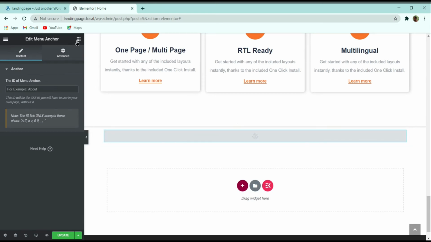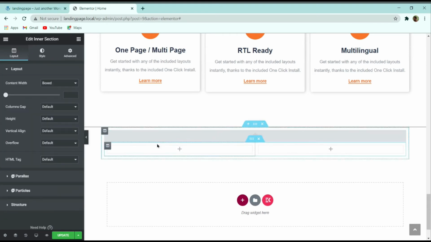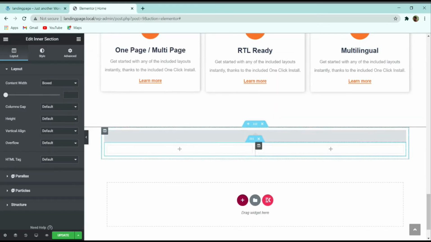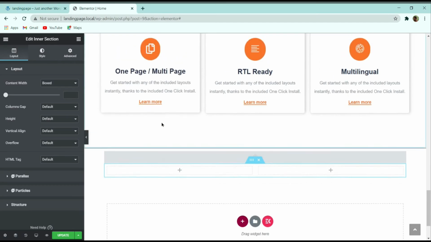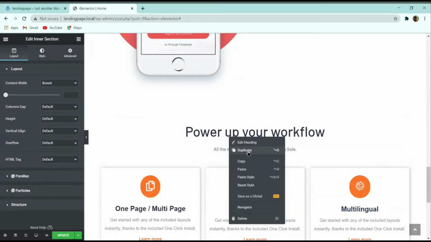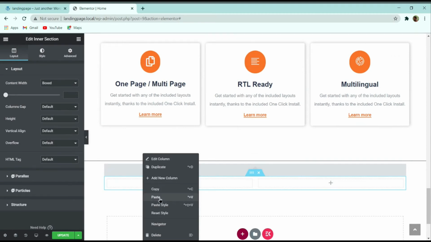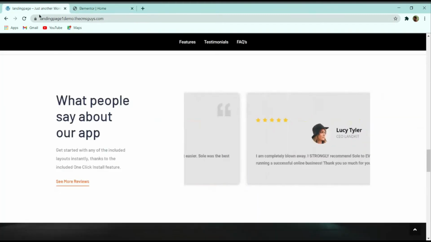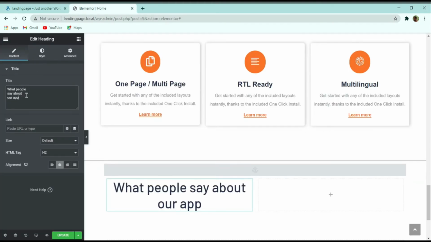After that what I will do, again I will click on this 9 dot, and here I will drag one another inner section. So now this inner section we are going to customize it. So basically here you can see that we have two columns over here. So let me first copy this text from the left hand side, and I can paste it here on the left column. So now in this title part, let me paste the text, and here you can see that we have a three line text. That's why here it is coming in three line.